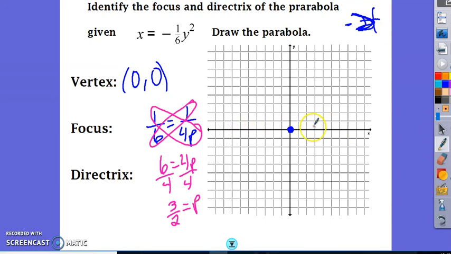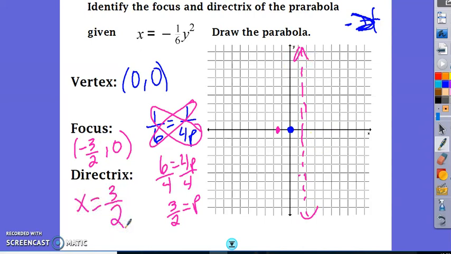So it opens along the x-axis, and it opens to the left. So 1.5 will be my focus on the x here, and I go to the left 1.5, that will be my directrix. So the focus will be at the point -3/2, 0, and the directrix this time is a vertical line that goes through the x-axis, so it will be x equals 3/2. To help me sketch this picture accurately, this is a distance of 3,